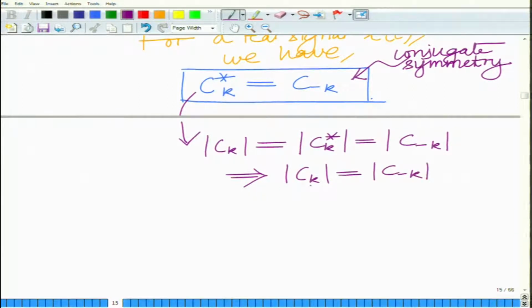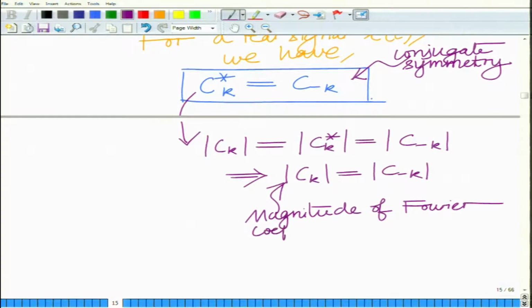So, this implies the magnitude of Ck, that is, the Fourier magnitude of the Fourier coefficients, exhibits